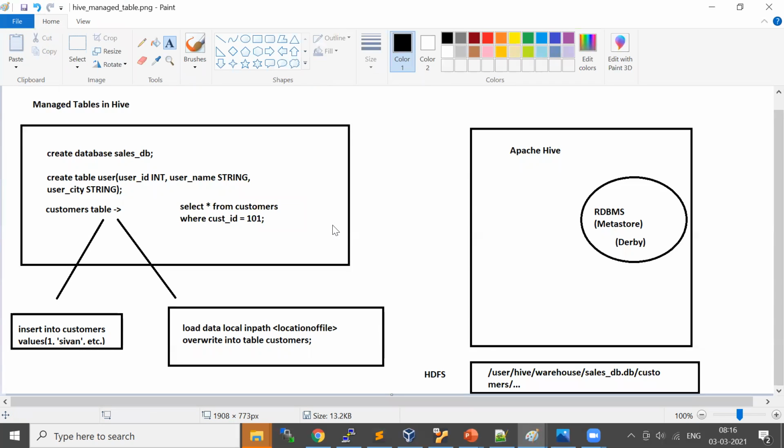But internally, it is going to read this customer data from the Hive warehouse directory. That's how a Hive managed table is handled.